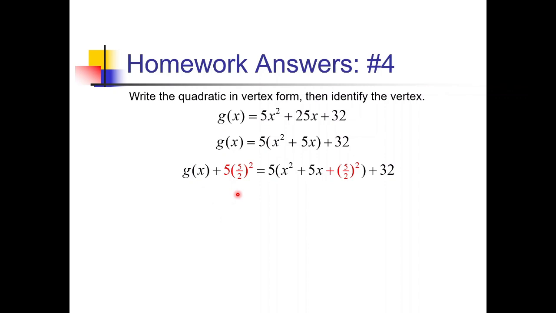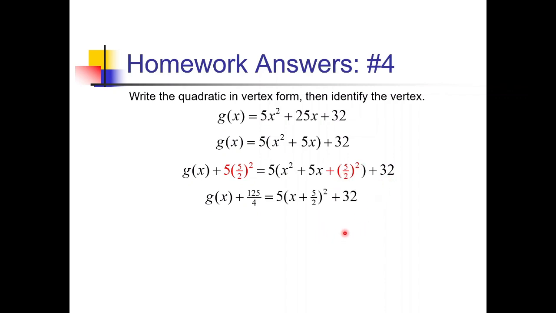And if I simplify that a bit, this would be 5 times 25 over 2. So that would be 125 over, actually it would be 125 over 4, right? Because 2 squared is 4. 125 over 4. And on the right side, we have 5 parentheses x plus 5 over 2, quantity squared, plus